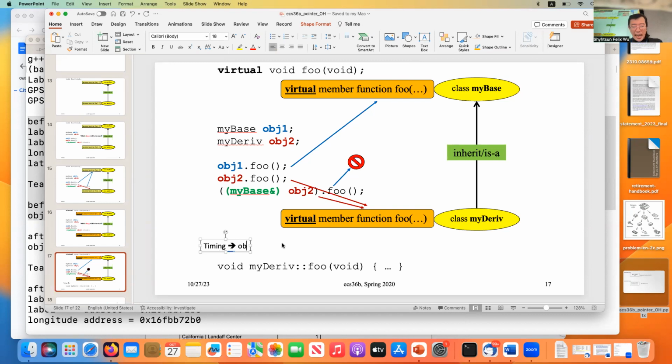First is what we call object creation time, which means that this particular object, at this particular moment, got created. And the other timing is what we call object member function calling time.